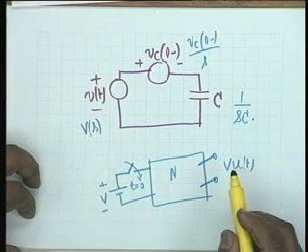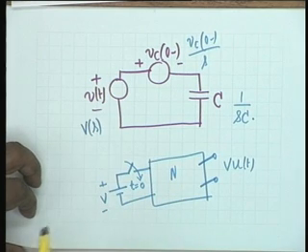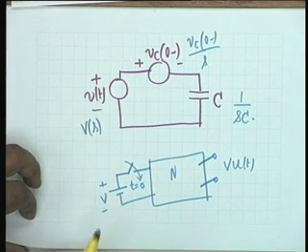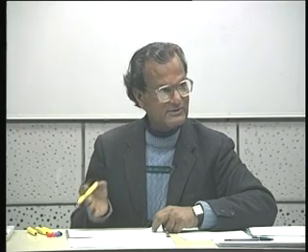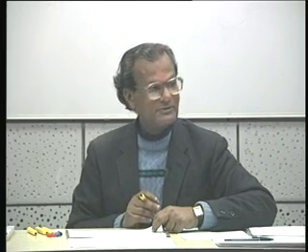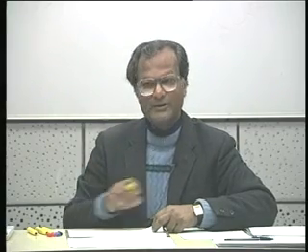and the response could be either a voltage or a current. Then what you will have to do is write the internal dynamics of the network N, and the dynamics is represented by a differential equation or an integro-differential equation, that is an equation which contains integrals as well as differential coefficients. But an integro-differential equation can always be reduced to a differential equation. You just go on differentiating till there are no integrals. So, we simply say write down the differential equation.